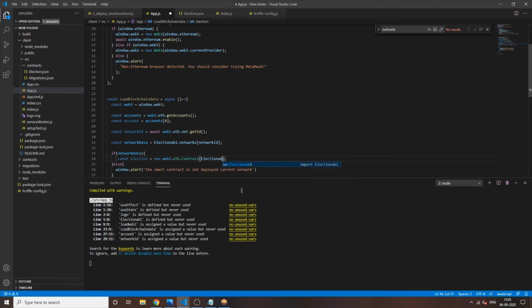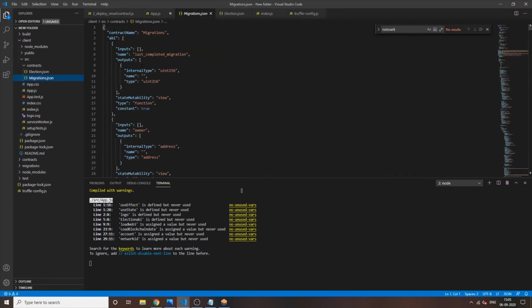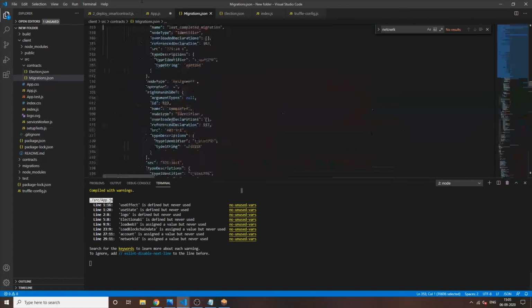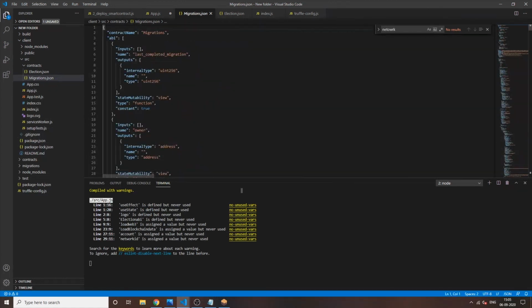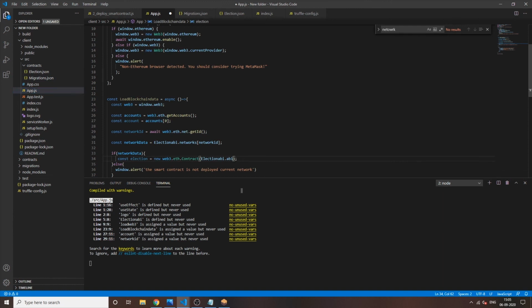One is the ABI of the election smart contract. So we will just provide election ABI dot abi, because election.json is this file, but we need the ABI of it, which we get by just typing dot abi. And the second parameter is the address. So we will just put the address by networkData.address. So it will simply give us the smart contract.